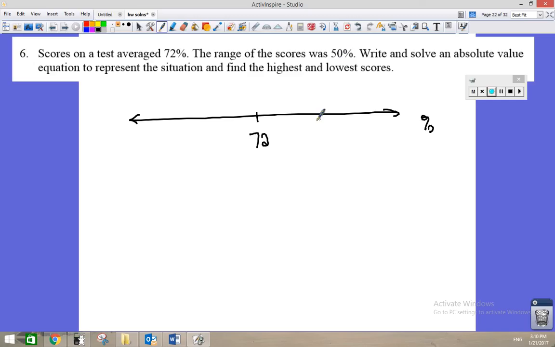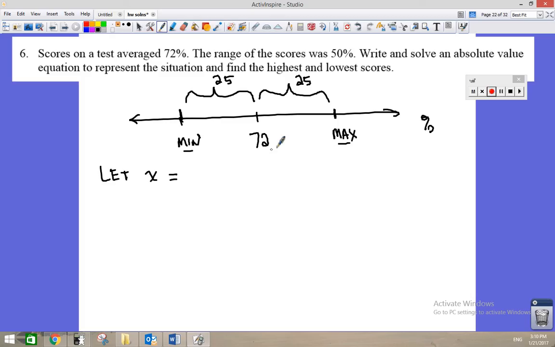If the range is 50%, then that means that this maximum value minus this minimum value is 50%. If the distance from here to here is 50%, and if this is representing my middle, then the distance from here to here is 25, and the distance from here to here is 25. Okay, so we're good. Now we're wanting to find these two numbers, and we're going to let x